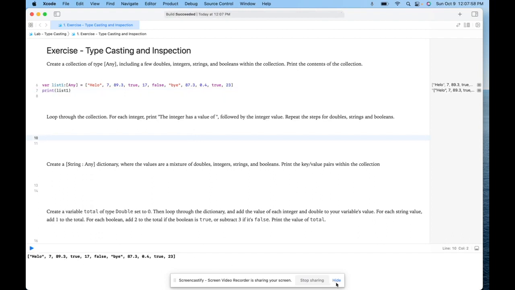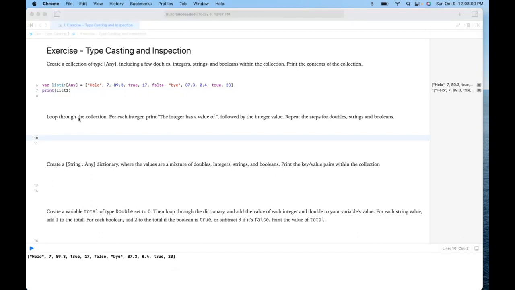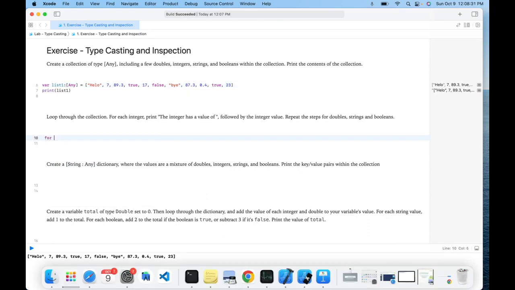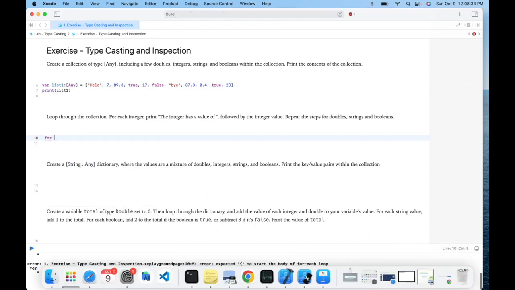And it gets printed. So now we have to loop through the collection, and for each integer, we have to print the integer has a value of, and then followed by the value of the integer. And repeat the steps for double, strings, and booleans. To do this, first let's use a for loop. So for, let's say, item in list 1,